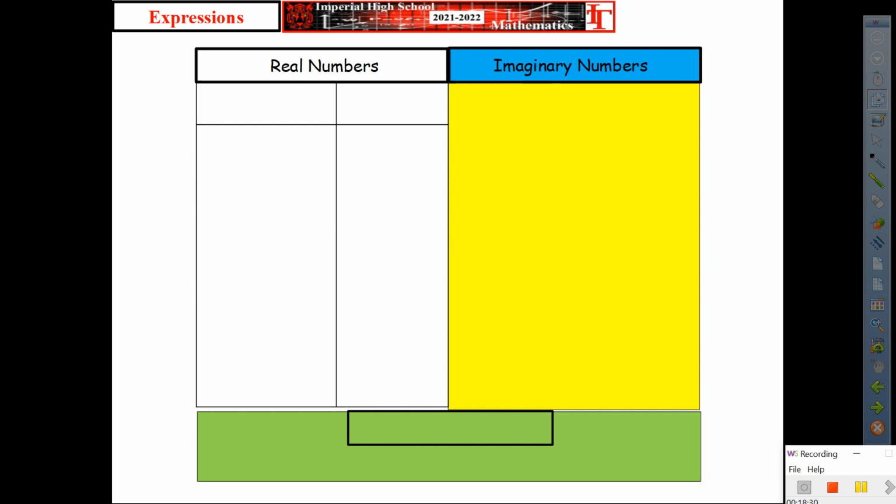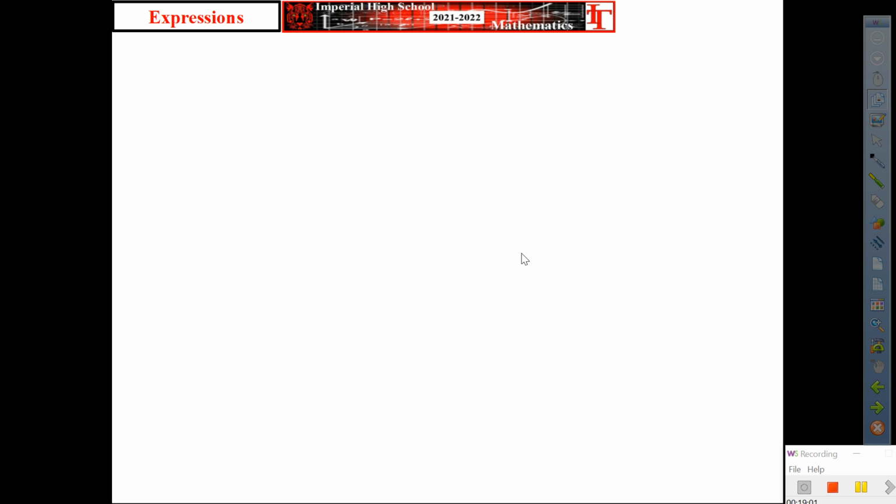I'm going to break this down so simple so you guys can see where we're going to end up at the end of the year in regards to the different numbers that we're going to look at. But I'm going to start you off with baby steps. Ready? Here you go. I'm going to start off with real numbers. Ready, Mia? Good? Yeah? Here it goes. Baby steps for real numbers.